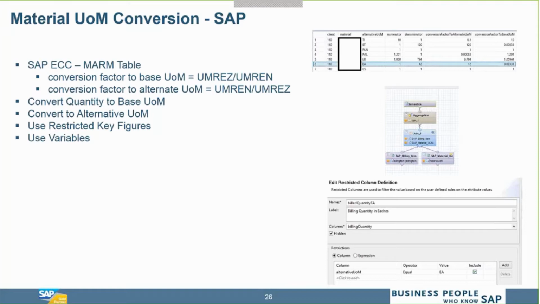So if you already have a column with base unit of measure, you don't have to convert it into base unit. Rather, you can join this to the MOM view that you have created, using the material and the unit of measure, and you can multiply that with the conversion factor to get